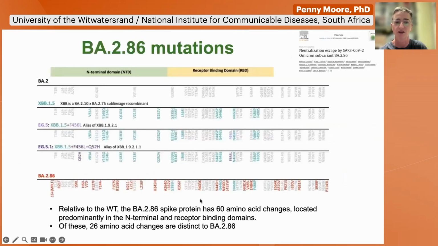And so a lot of work was done quite quickly to understand this variant. This is, again, a similar schematic, and I'm not going to spend very much time on it, but it does identify exactly the mutations down at the bottom in red, which distinguish BA.2.86 from previous variants of concern. So the question is, for both EG.5.1 and for BA.2.86, what do all these mutations mean in terms of sensitivity